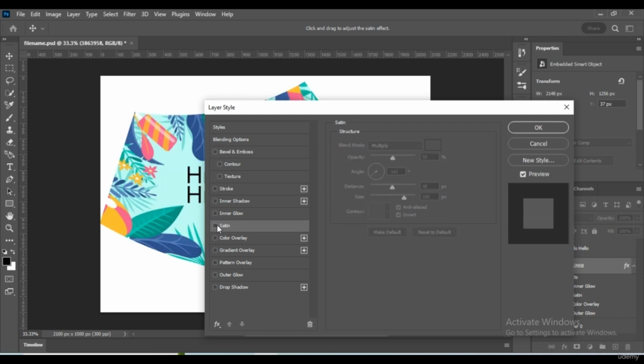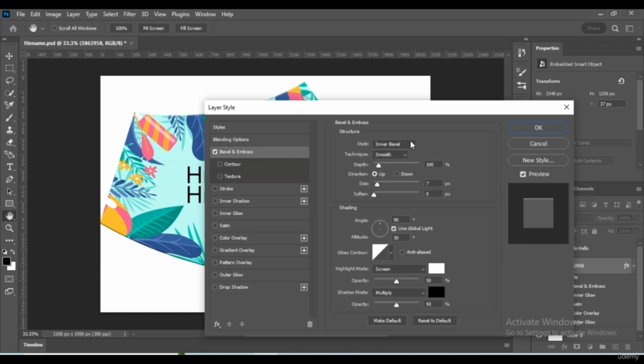Then uncheck the setting box. Then bevel and emboss. We have here inner bevel or outer bevel. When we choose outer bevel, the effect is shown outside the object. When we have inner bevel, the effect is inside the object.